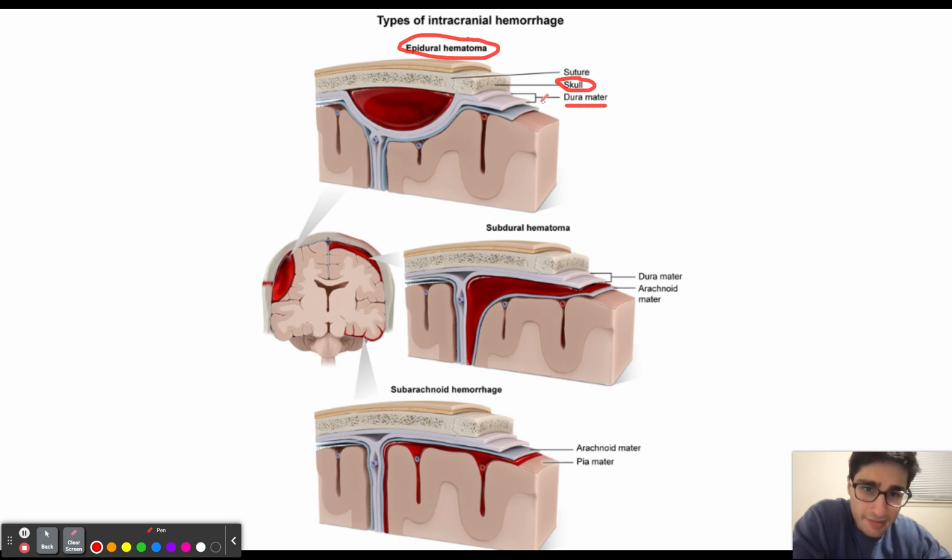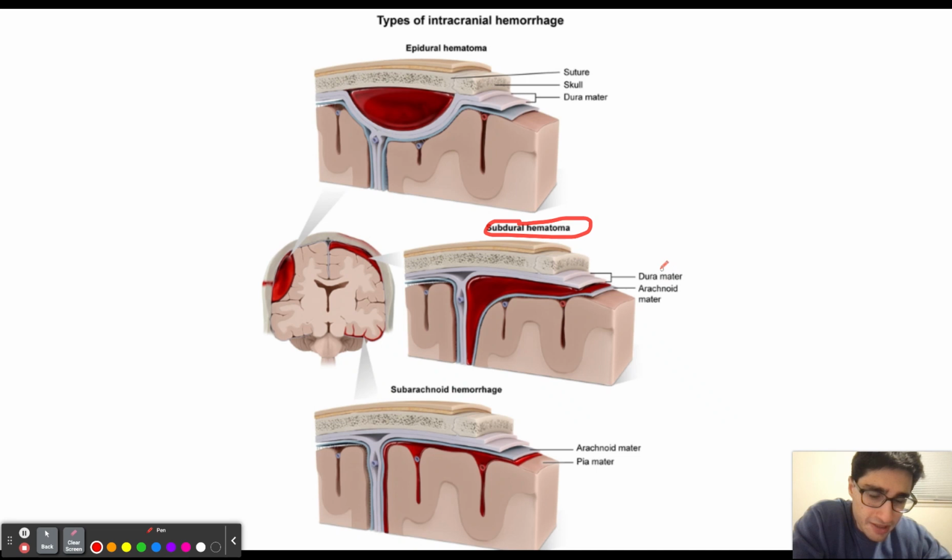Now, the dural matter, as you can see, is going to adhere to the skull at the suture line over here. As a result, blood can accumulate all the way up to the suture line, but it is not going to cross it. Now, if we compare that to the subdural hematoma,